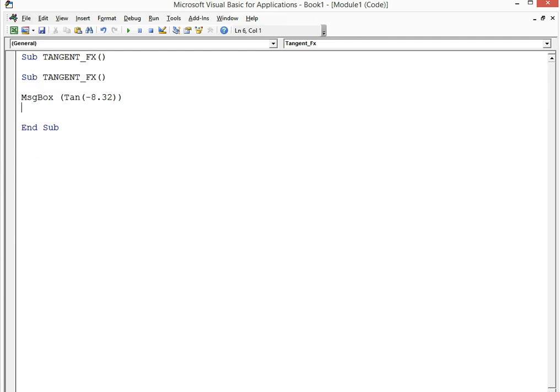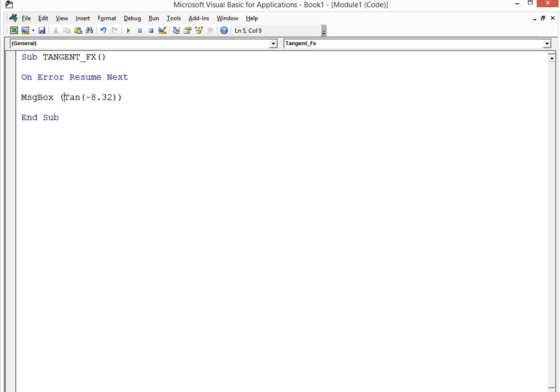So I'm going to get rid of my duplicate Sub statements there because I wrote it earlier on. And I'm going to use error handling. For every line of code I write in Excel VBA, I use the On Error Resume Next directly above that line of code. You can see here I start off my code with MsgBox, which is a message box,